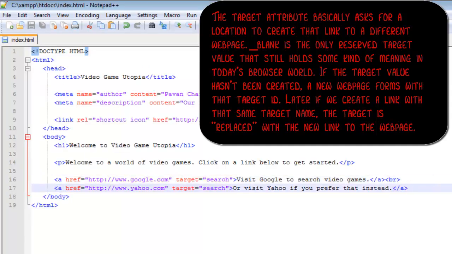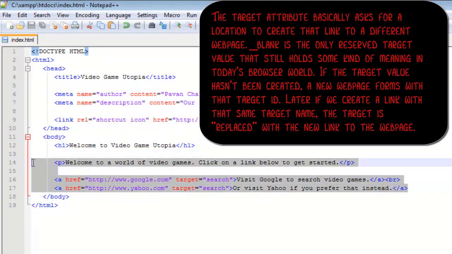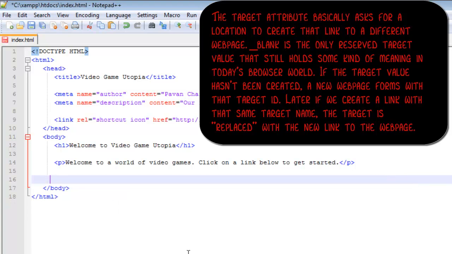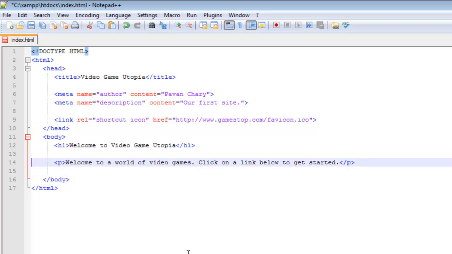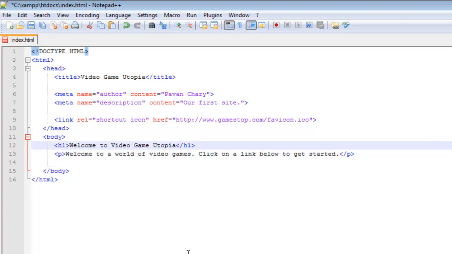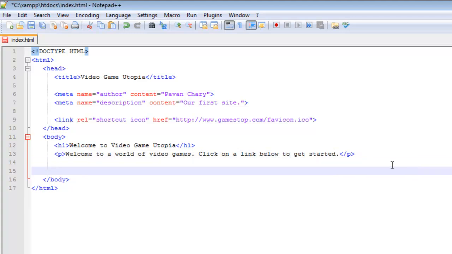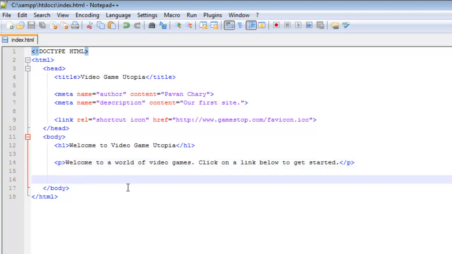So yeah, links are very important, but what we're going to want to do next is link to a page inside our document, inside our web browser. It's basically telling us we have to click on a link to get started, but we have to make a link, right? So that's exactly what we're going to do. We're going to make a link, we're going to make it on a new tab so you can keep up the home page. No, actually, yeah, we'll make it